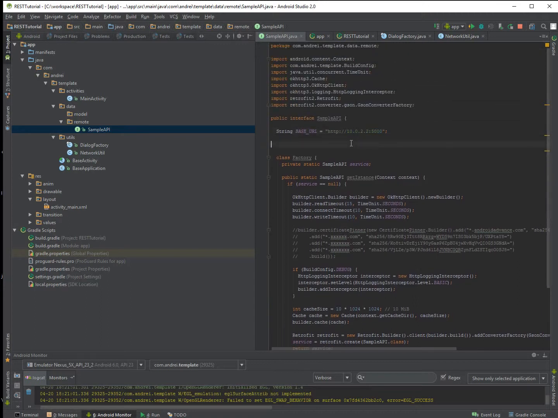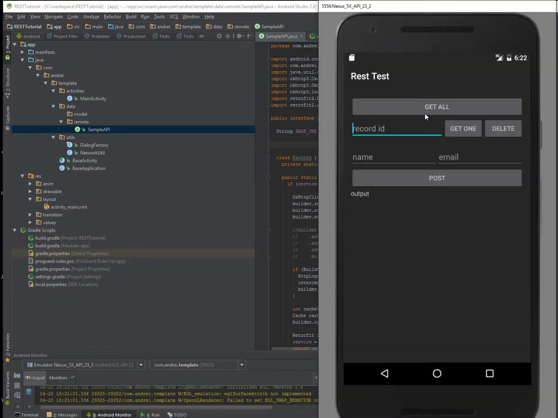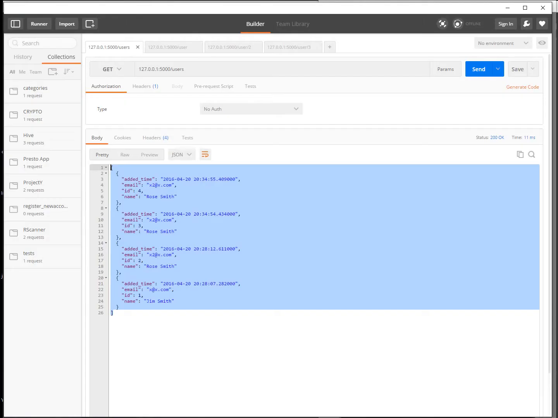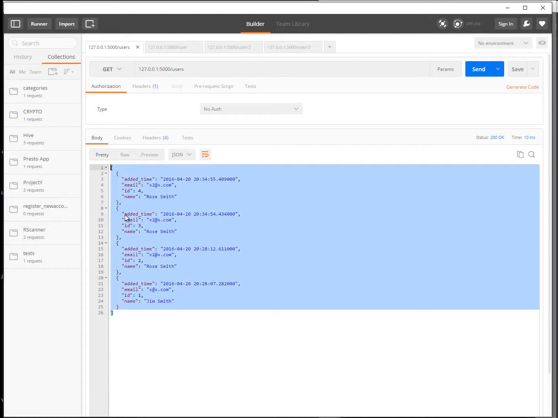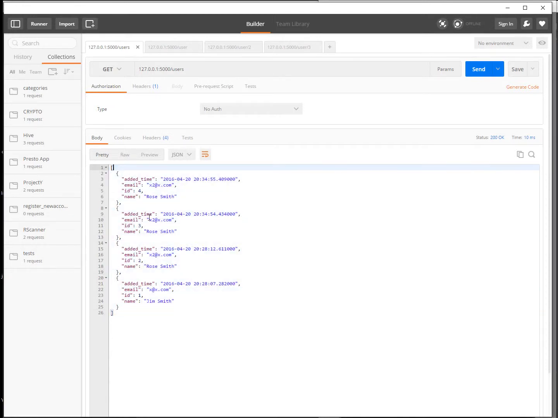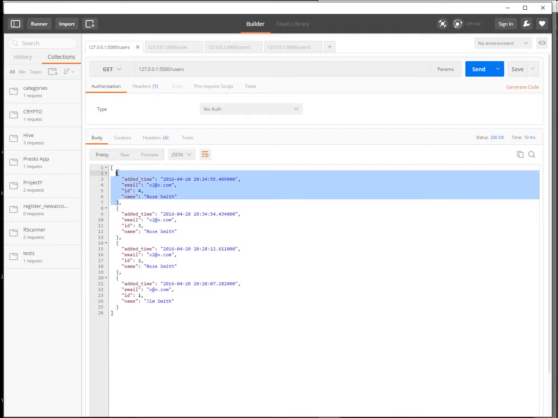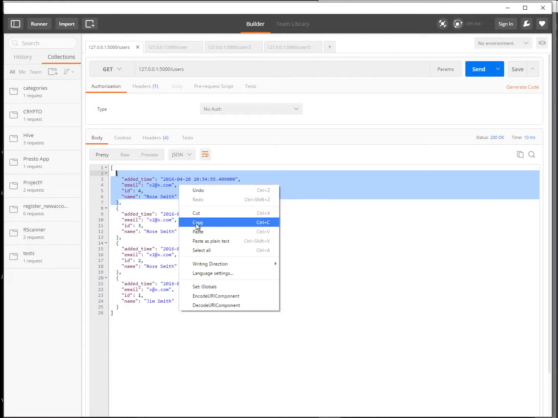I hope it's clear. After you create this sample API, the first thing that we want to do is to get all. So if we look in Postman at this method get users, it will return a list of users. So first we need to create this object of users, and the easiest way to do it in case you have